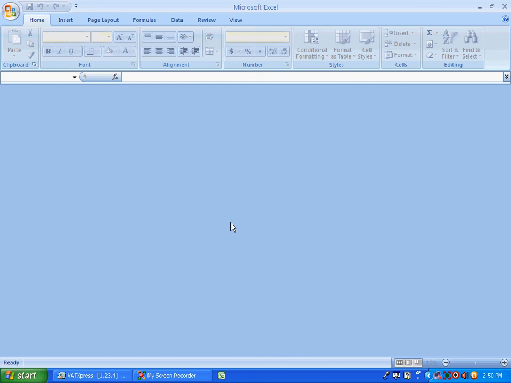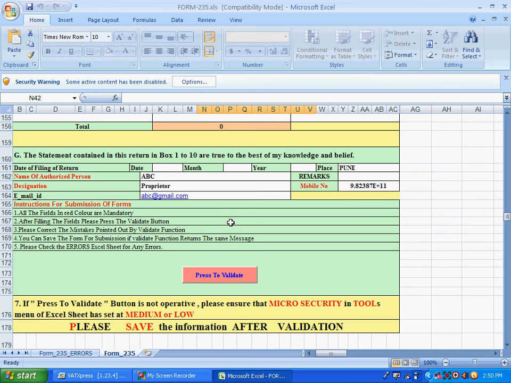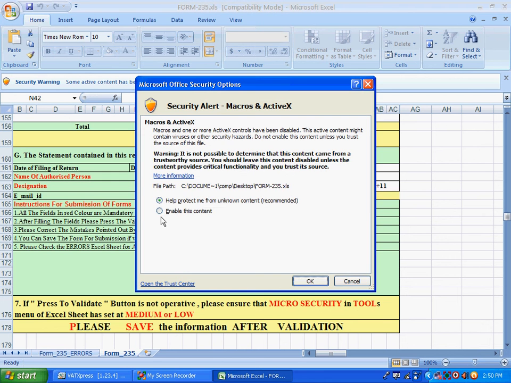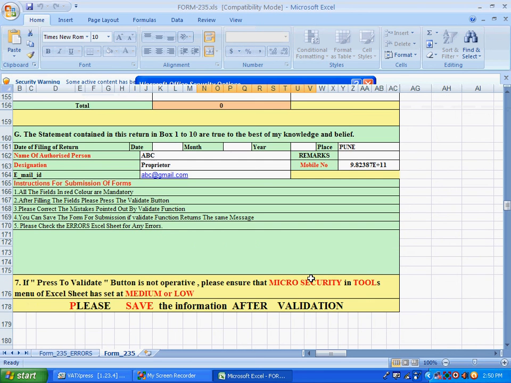Ensure all mandatory fields highlighted in red color are properly filled. Options. Enable this content.